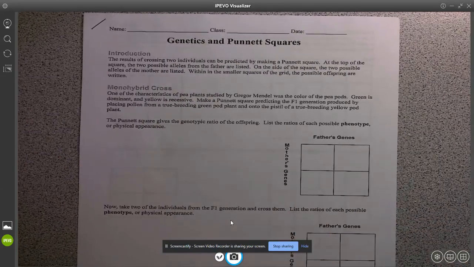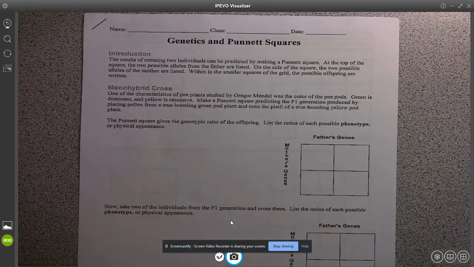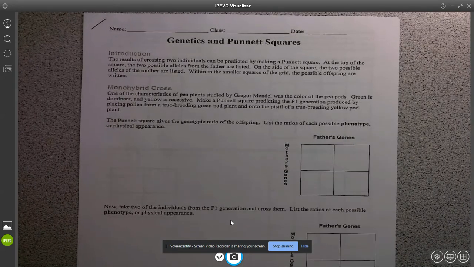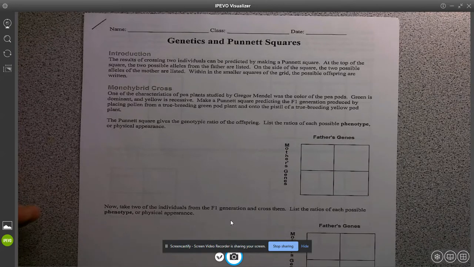All right, biology students. Today I'm going to go over genetics and Punnett Squares. We'll just do a couple practice problems, more specifically to show you how to get your genotypes and your phenotypes when